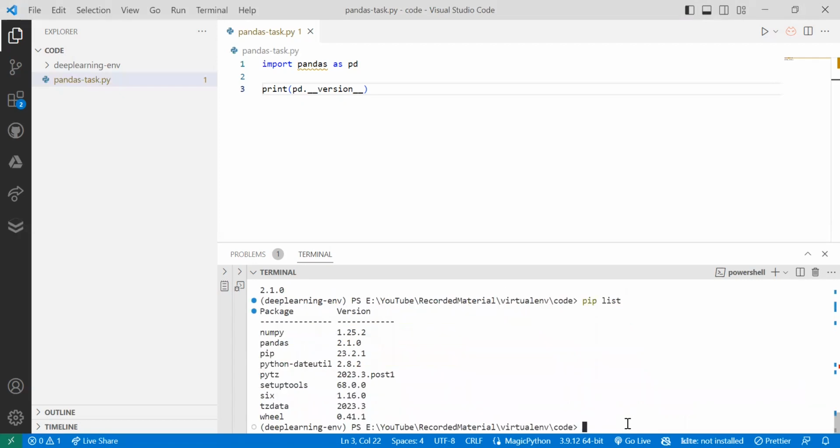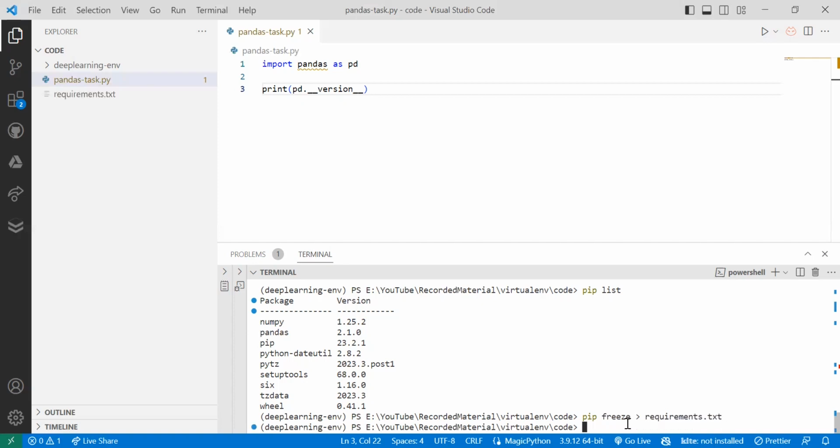And the last thing is the benefit that I explained to you: if you want to share your project, you can generate a requirements.txt file that will have the list of all library dependencies needed to run your project. Then you can share only that requirements.txt, and your friend can recreate the environment using pip install -r requirements.txt. To generate the requirements.txt file, you just have to use the pip freeze command, pip freeze